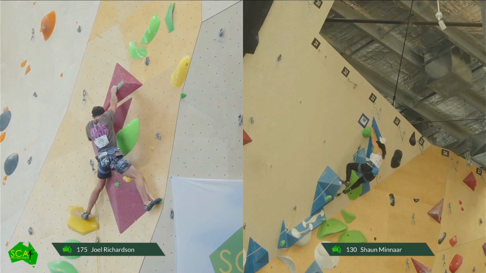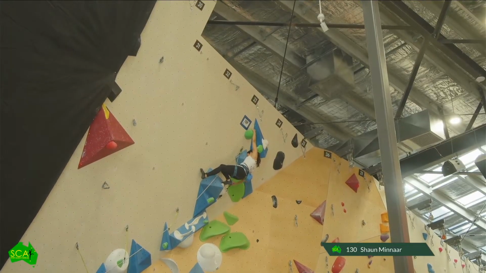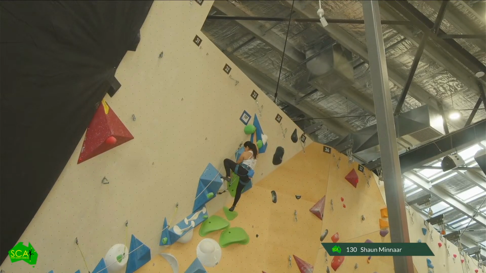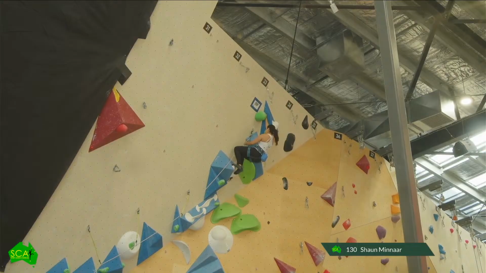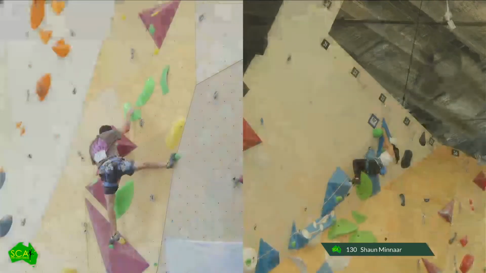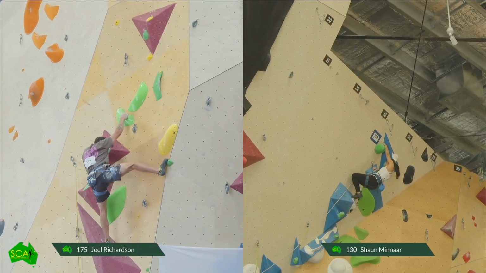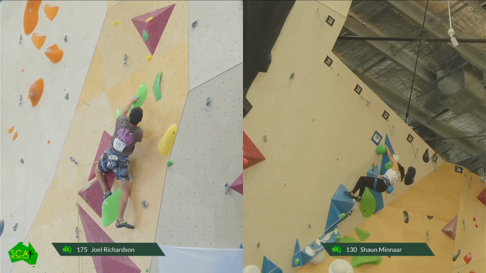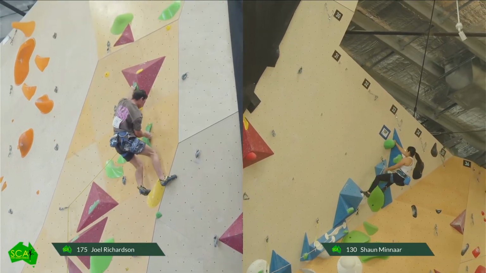Close. Just got to clip the anchors. Don't pump out. Oh, up. Oh no. Accidentally Z clipped. Oh, that's a shame. And that's unfortunately that. I don't think you can undo that when it comes to the scoreboard. So we'll find out what happened there. I don't know if they allow that to continue, but at this moment they do.